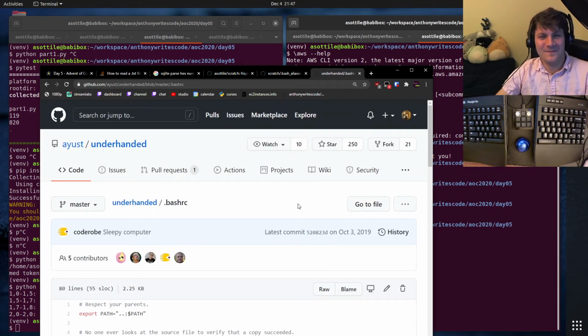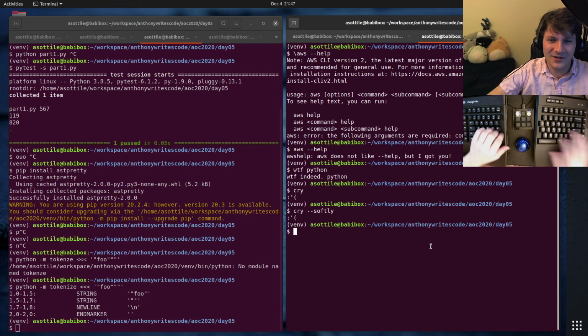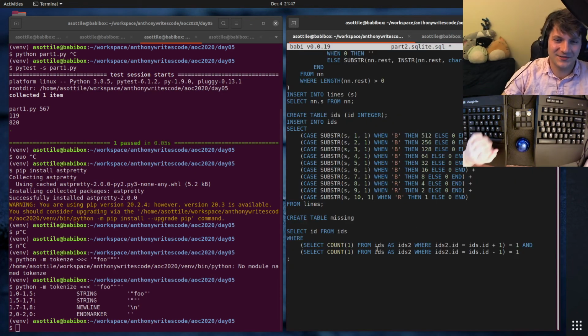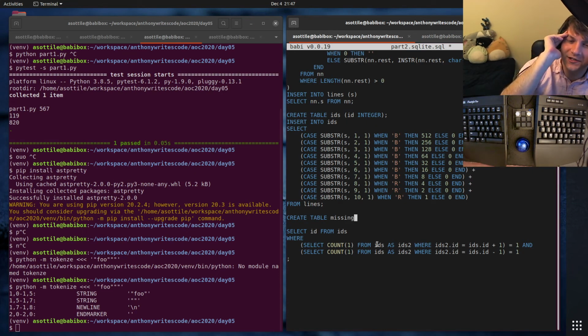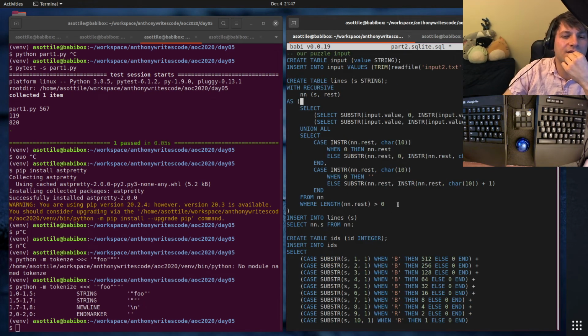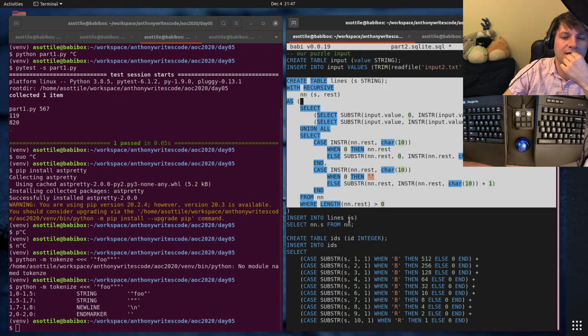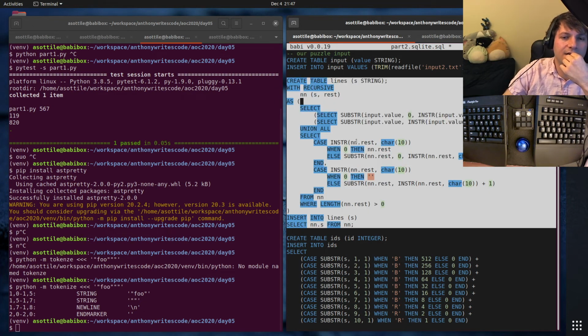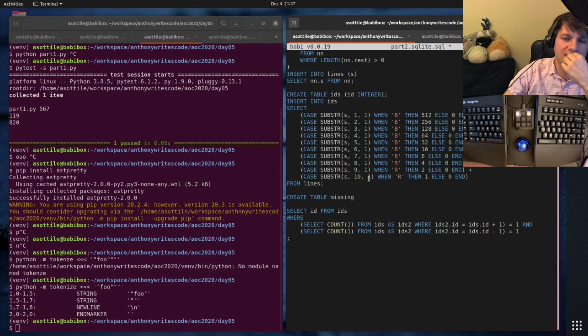I love it. Anyway. Okay, this last little bit of SQLite is tricky. We need to create a table that contains all of the integers between 0 and 1124. I think the easiest way is actually going to be with our recursive thing here, unfortunately, because I don't think there's a good way to make a sequence. We could inner join.